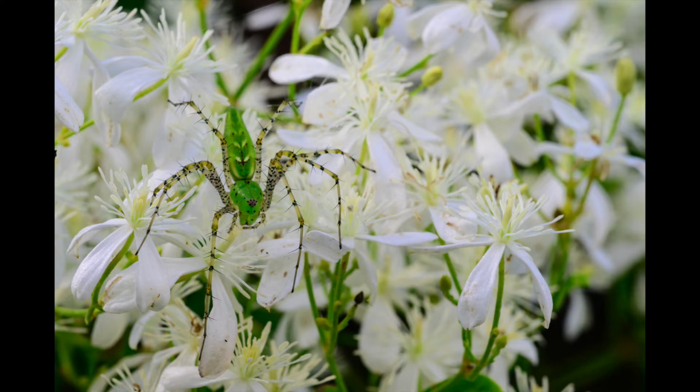They actively hunt their prey. They don't catch their prey in webs. They actually will jump on a flower that has a bee or something in it, and it's an ambush hunter. And it is poisonous. So it's not technically a jumping spider, but it does jump on flowers. And it can adjust its camouflage, but it isn't anything that it does really quick. The females, when they're on a different colored background, it could take them 16 to 17 days to blend in